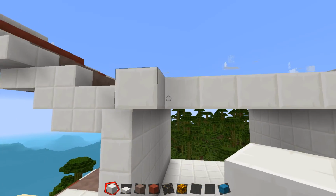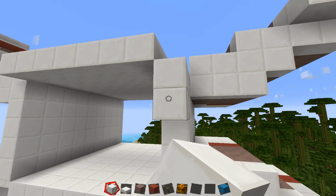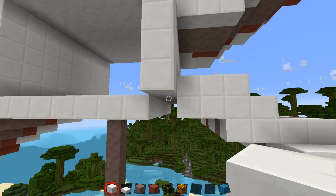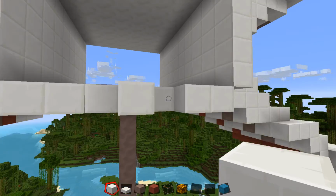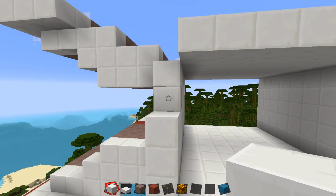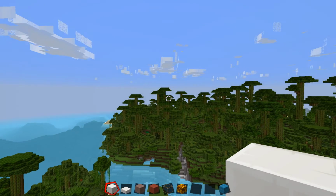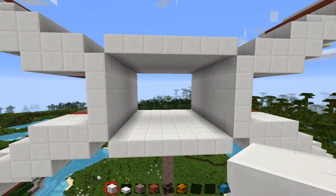So standing at the back of your X-Wing fighter, you are going to put one more row onto the back of the body. This is going to give just a little bit of separation between the back of the wings and where the back of the X-Wing will eventually end up. So now go to what would become the front of your X-Wing fighter,